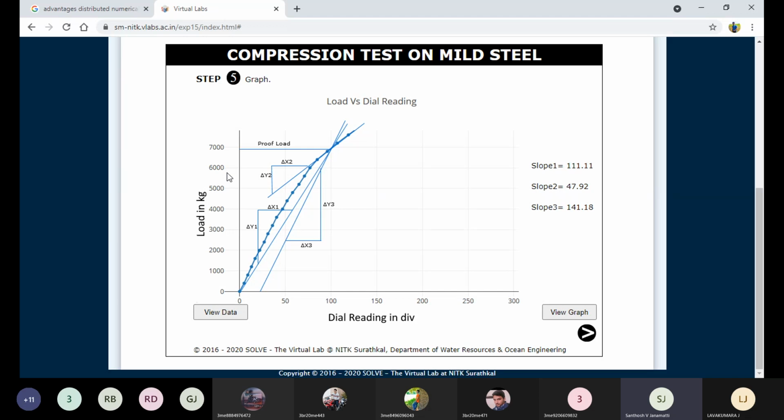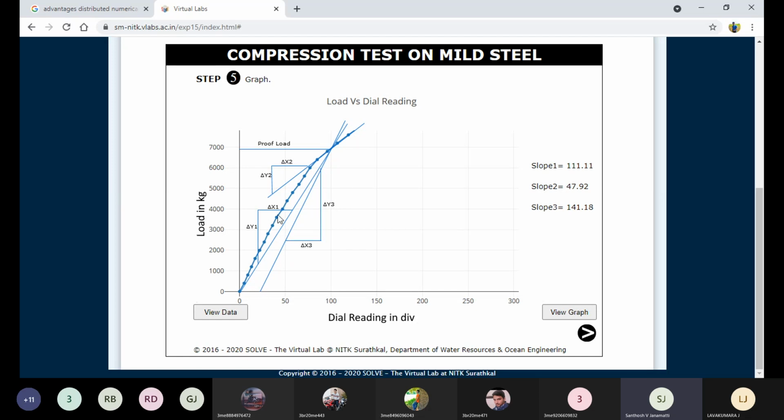Which stress do you want? If you want to calculate Young's modulus for the minimum values, take the minimum values. The minimum stress is 2500 and the minimum strain is 50, then 2500 over 50 is Young's modulus for minimum values. For maximum values, you can take the maximum stress 5500, and the maximum strain, I think it is 80 or 90, so 5500 divided by 80 or 90 strain. Then you can simplify this and get Young's modulus for maximum values.